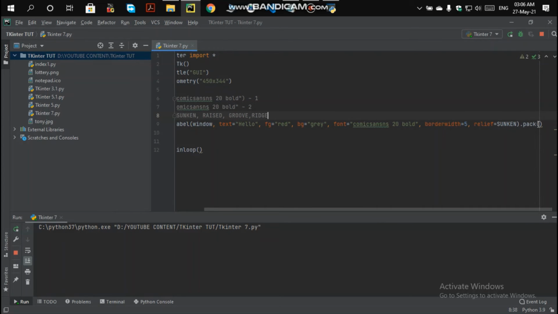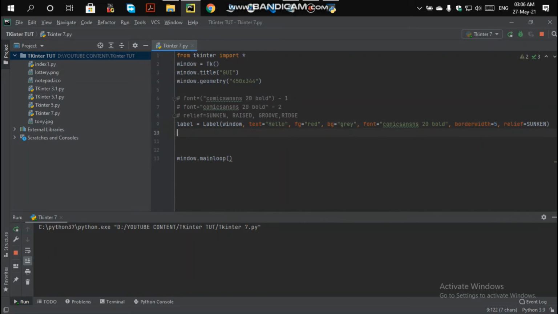So the next is the pack widget. I had packed the things here, but I will not do it as I'm using the second option, label dot pack. So let me tell you some pack attributes that you could use. The first attribute that I will be using in the pack method is your side. There are only 4 values of side: top, bottom, left or right. So side is equal to top.